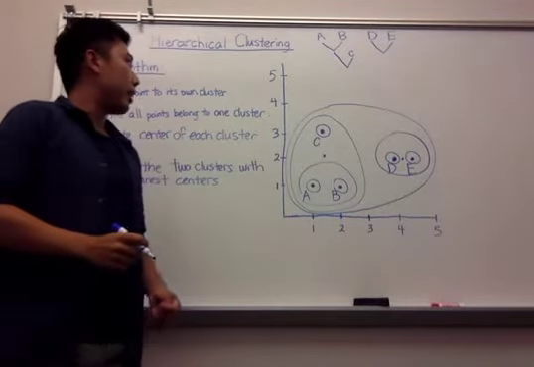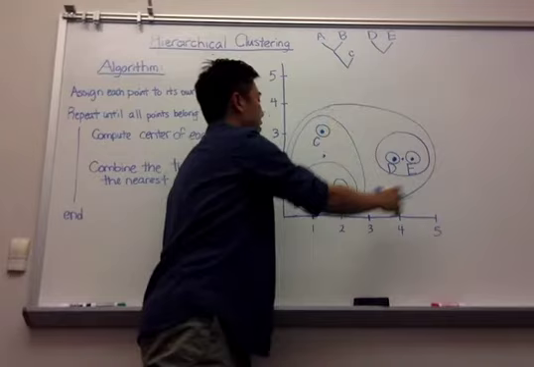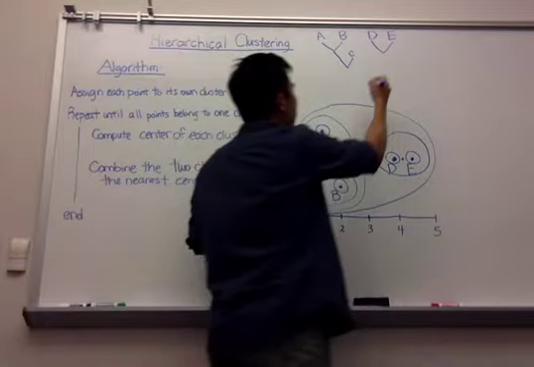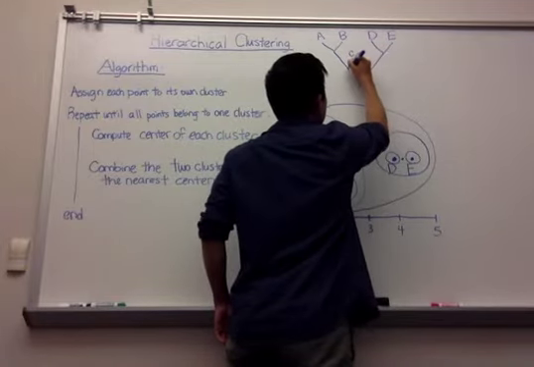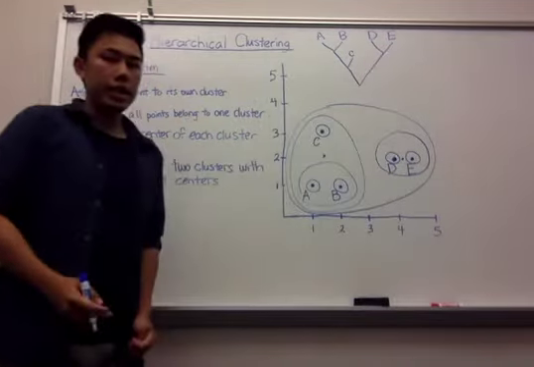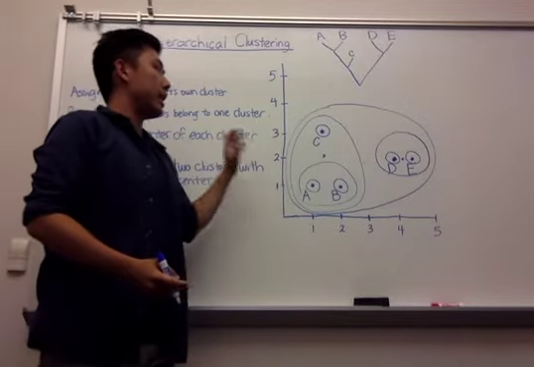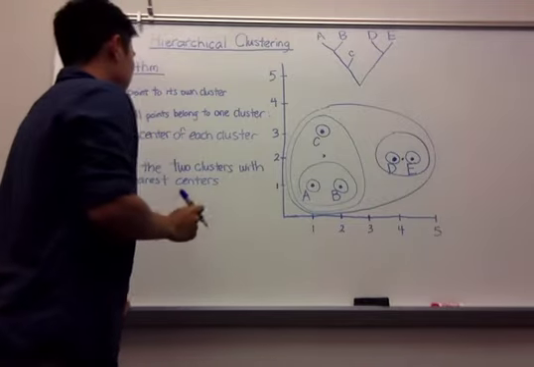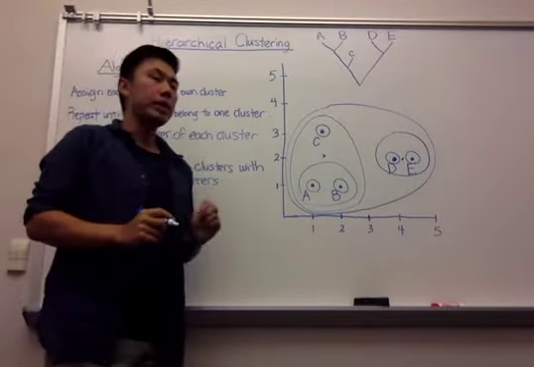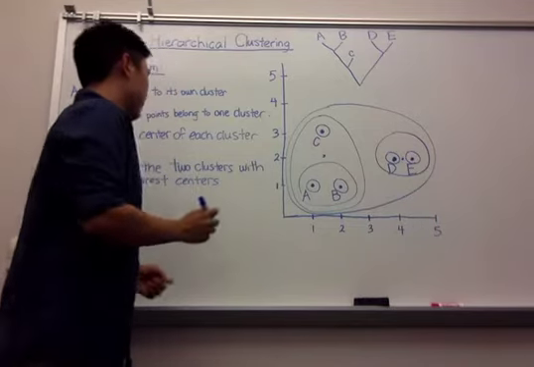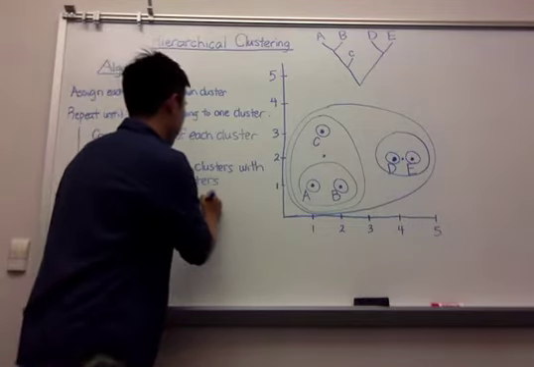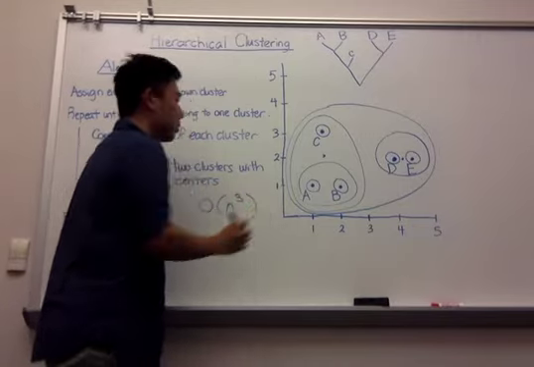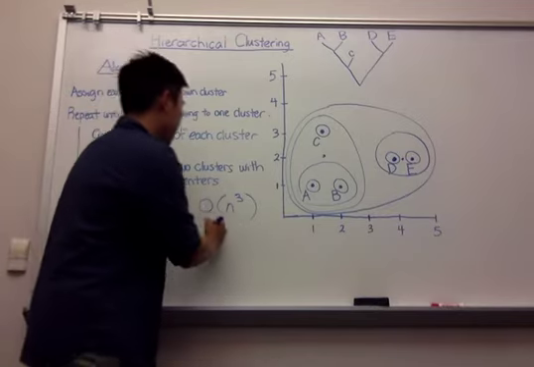And then finally, we have the overarching cluster that contains all the points, which is this particular cluster here. So we combine them in the end here. As you can see here, this is the dendrogram that will represent this hierarchical grouping. And for completeness, I'll also tell you the runtimes of the algorithm itself. The algorithm will be of big O of n cubed time complexity, and the spatial complexity is a big O